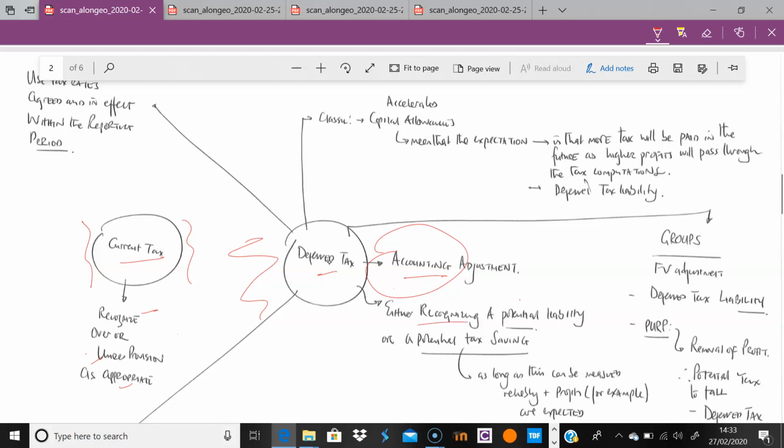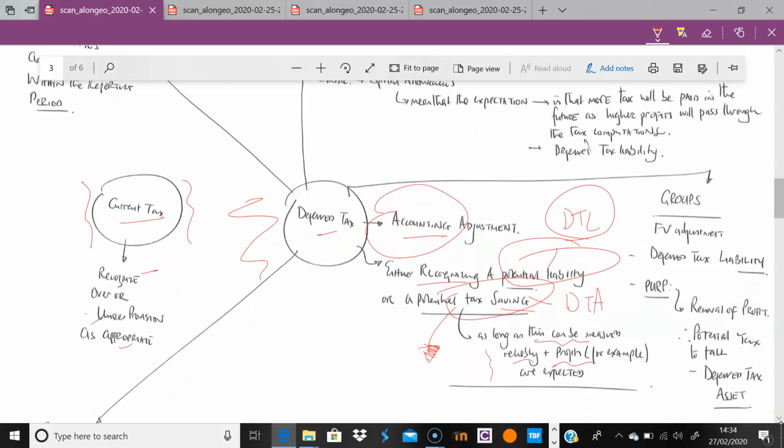So we're either recognizing a potential liability or a potential asset. I like to think of it as a tax saving. So this will lead to deferred tax liability or deferred tax asset. Now, again, in line with the conditions for measuring an asset in general, there must be a degree of reliability that we will get the profits and that the profits will come. This is generally the case when we're talking about deferred tax assets, that there is a potential to actually get the money. If someone is owing you money but yet they're not trading, then it's unlikely for you to get the money, so we can't recognize that.